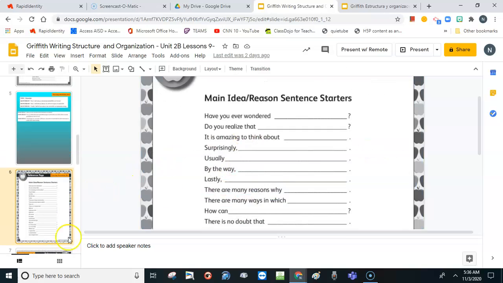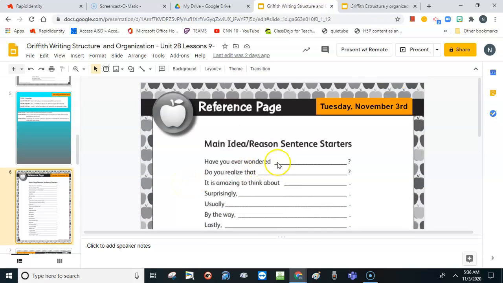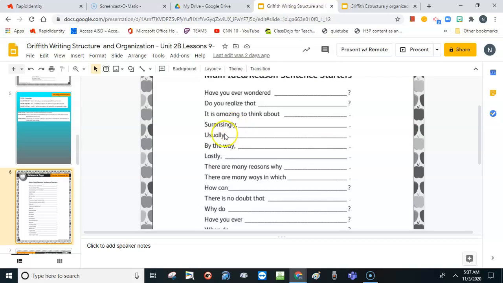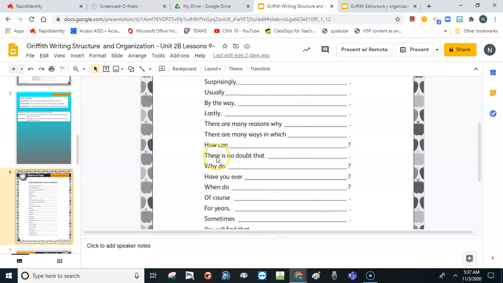Slide number 6. Here are some ways that you can start main ideas. Have you ever wondered? Do you realize that? It is amazing to think about. Surprisingly, usually, by the way. Lastly, there are many reasons why, there are many ways in which, how can, there is no doubt that,